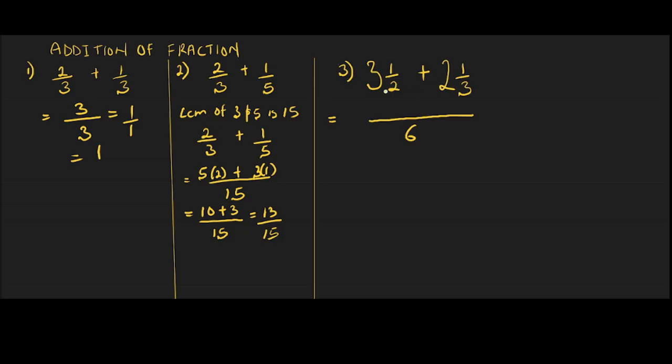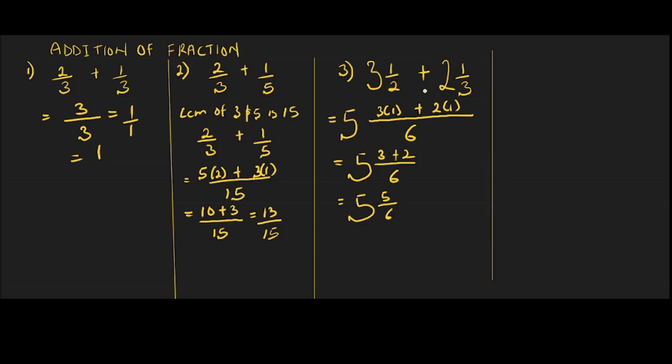Then we can add up the whole number parts. 3 plus 2 is 5. Then we have 6. 6 divided by 2 is 3, multiplied by the numerator, which is 1. Plus 6 divided by 3 is 2, multiplied by the numerator, 1. Then we have 5, and 3 times 1 is 3, plus 2 times 1 is 2, all over 6. We have 5 whole number 5 over 6. We have added this up. Alternatively,